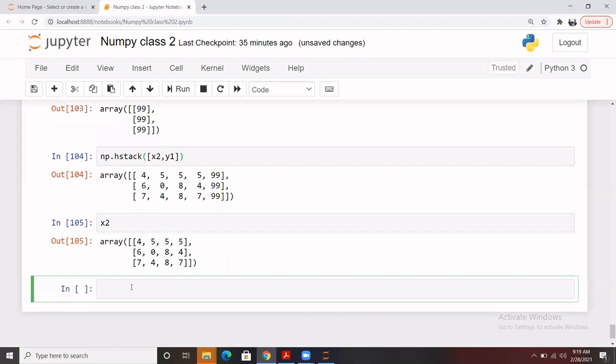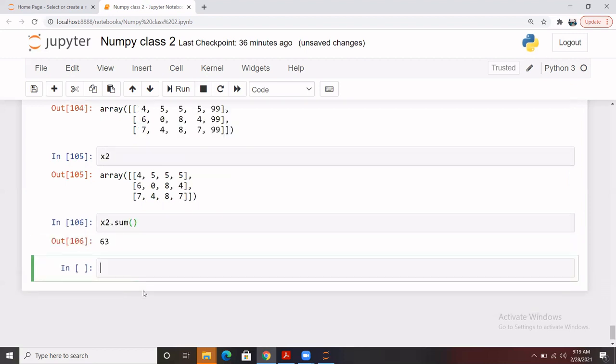Let's say this is the array, and for example we have to sum or perform any mathematical operation on this array. So let's say I need the sum of this entire array. So how can I do this? For example, I can write x2.sum, and sum is a predefined function here. It will sum all the records that we do have in x2. So in case you count all the records, you will get the same sum for this.